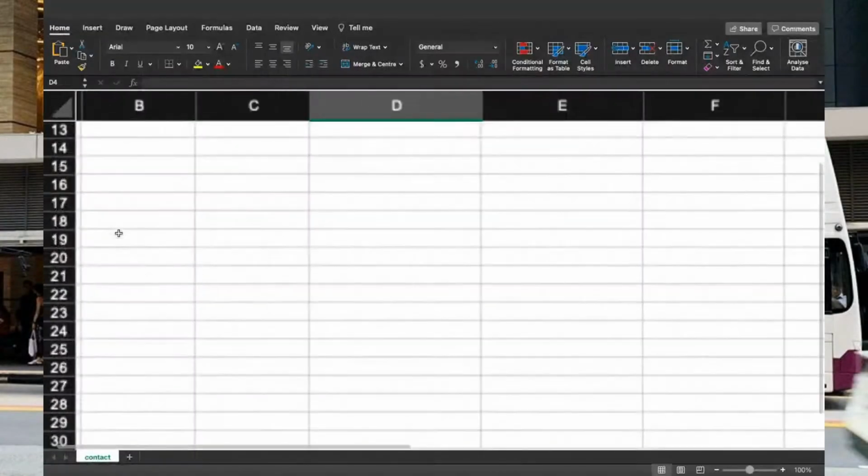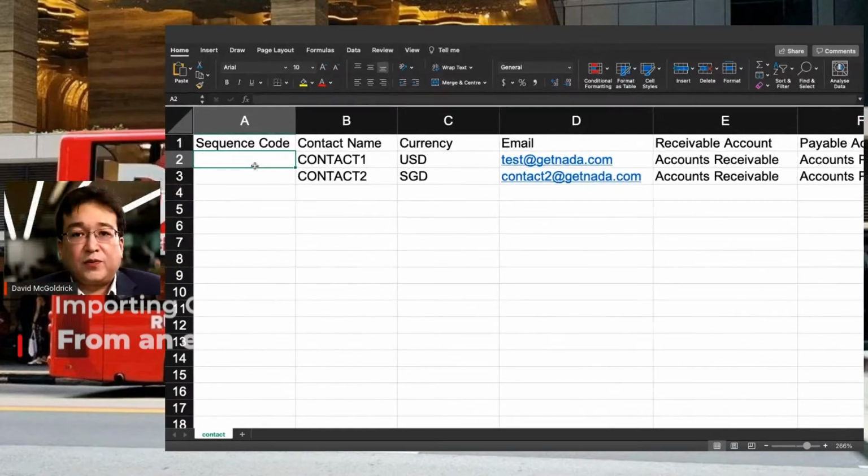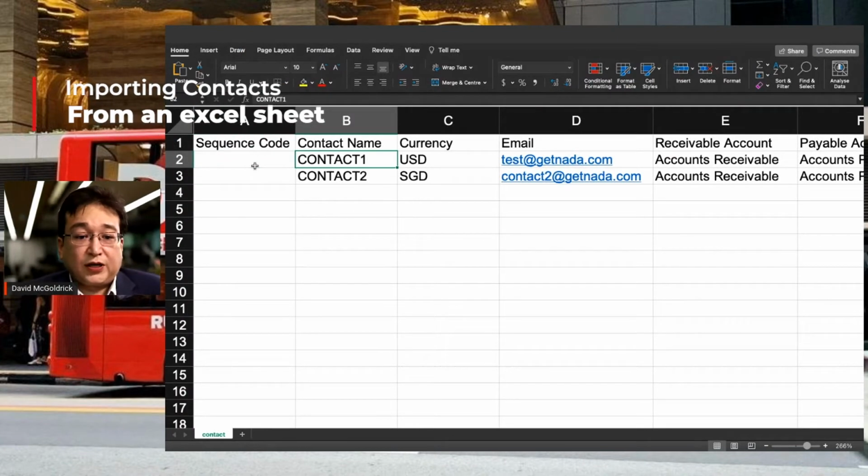Inside here, you can see the import template. Now let's just expand it. And you can see the sequence code. So you can put in all the sequence numbers that you require, or you can just leave it blank, and our wonderful system will use the default number range. You can input the contact name. So let's think of it like